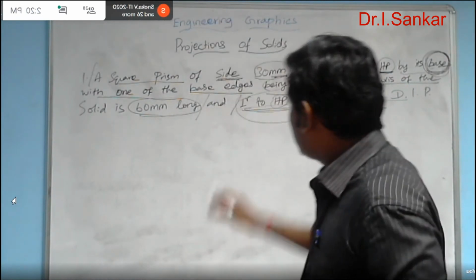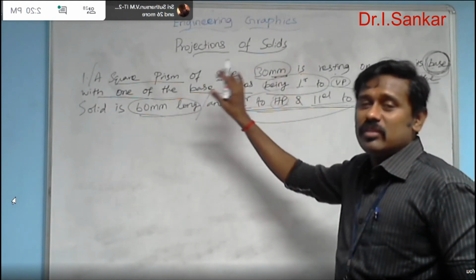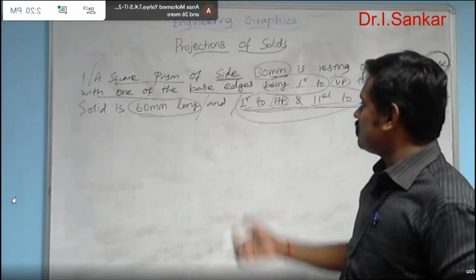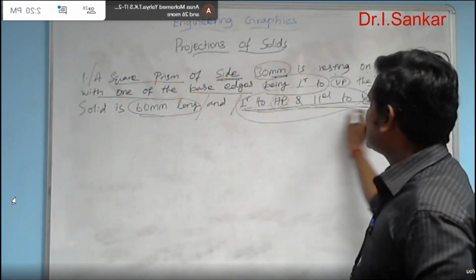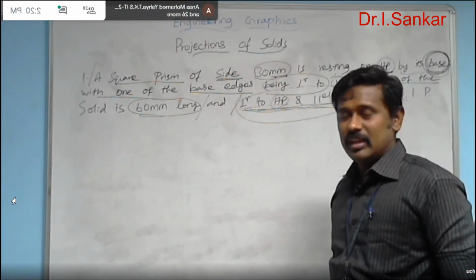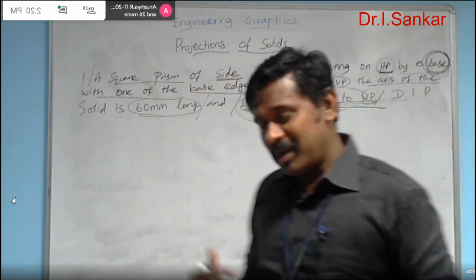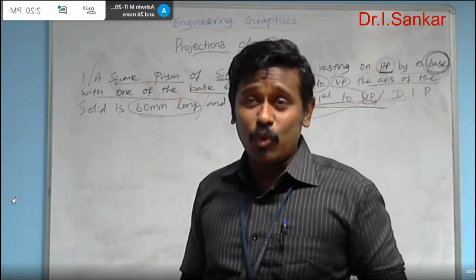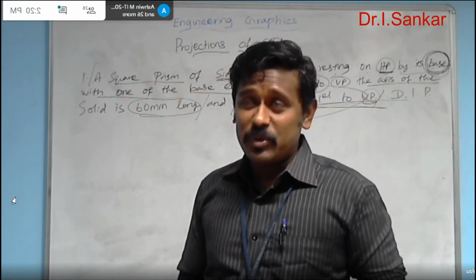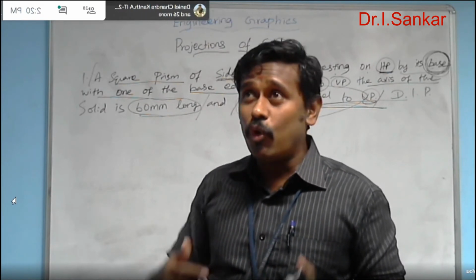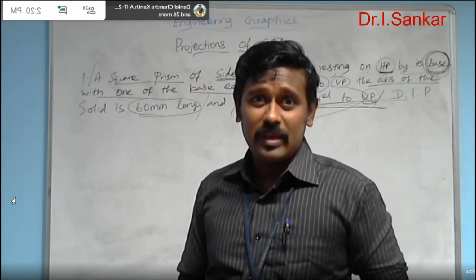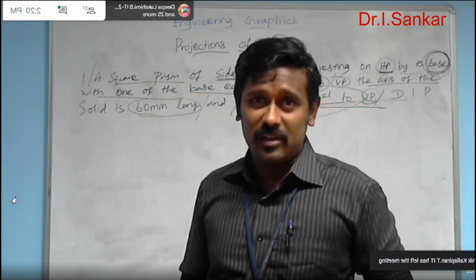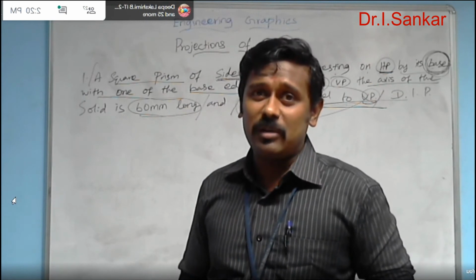So within those words it's enough to clearly give you the position of the solid with respect to HP and VP. Further, sometimes in a question an additional statement may be given in order to confuse you or in order to make you clearly understand the concept, whatever it may be. It's based on your mental stability. Some persons will get confused because of over conditions. More than one condition pointing to the same target will confuse the reader sometimes. It's based upon the mental ability of the reader.